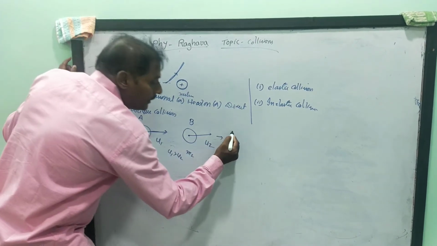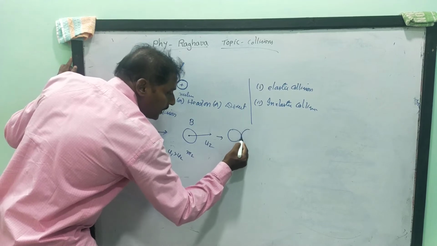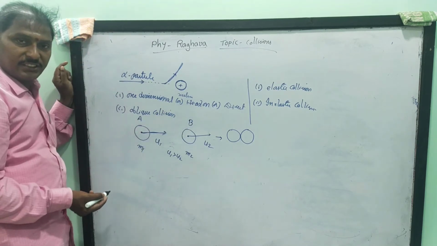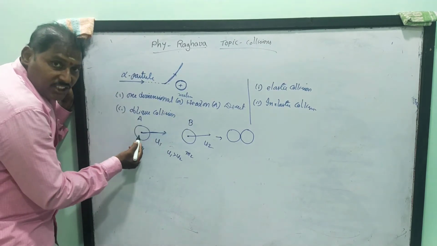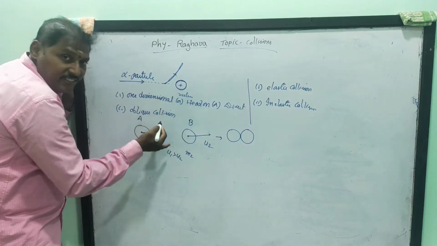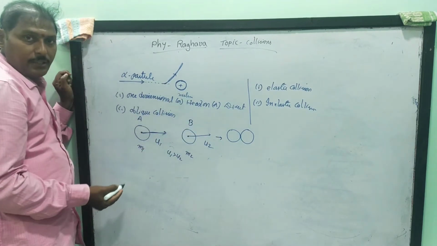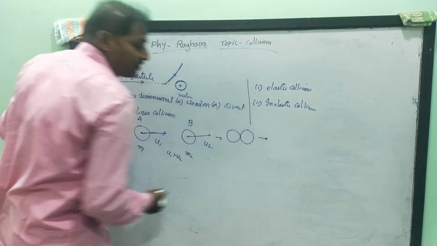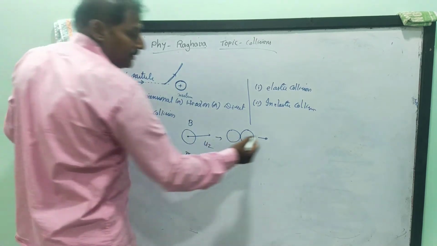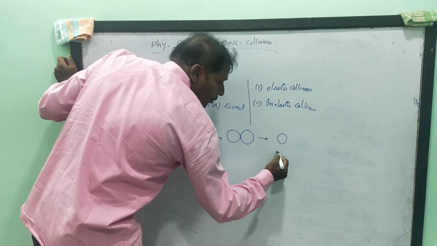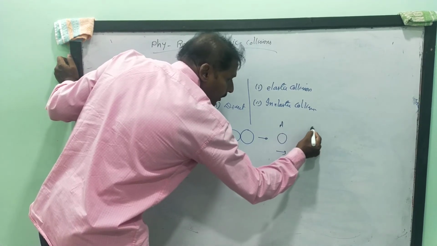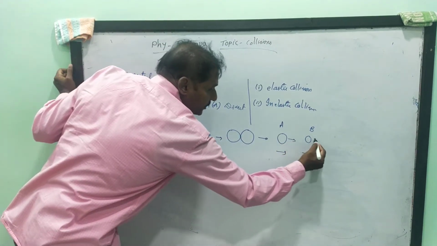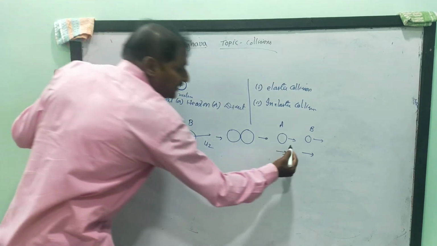After some time, the bodies impact. Due to the impact, the direction of the velocity vectors does not change. Even though collision occurs, this type of collision is called one-dimensional collision. That means after collision, both bodies A and B move in the same direction without changing direction, but their velocities change.